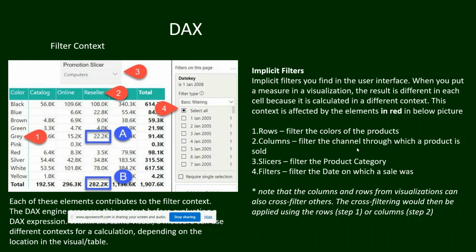What about the implicit and the explicit filter? You can see the implicit color: 1, 2, 3, 4. One defines the row, the color of your product. Two defines your column, right? And three defines your